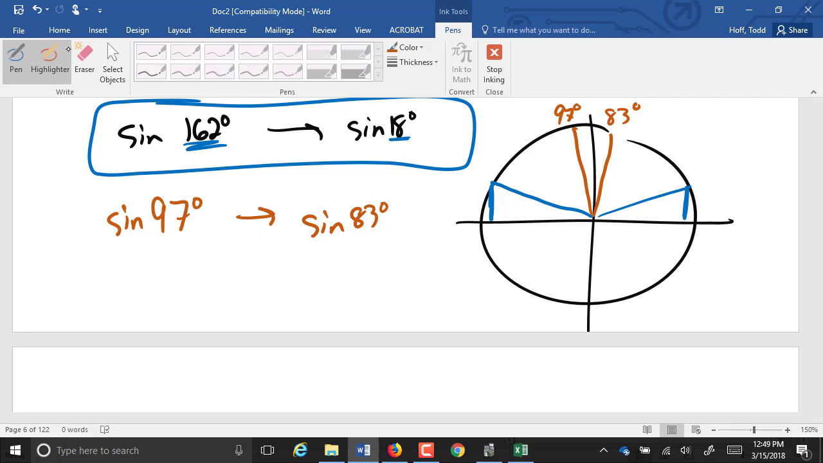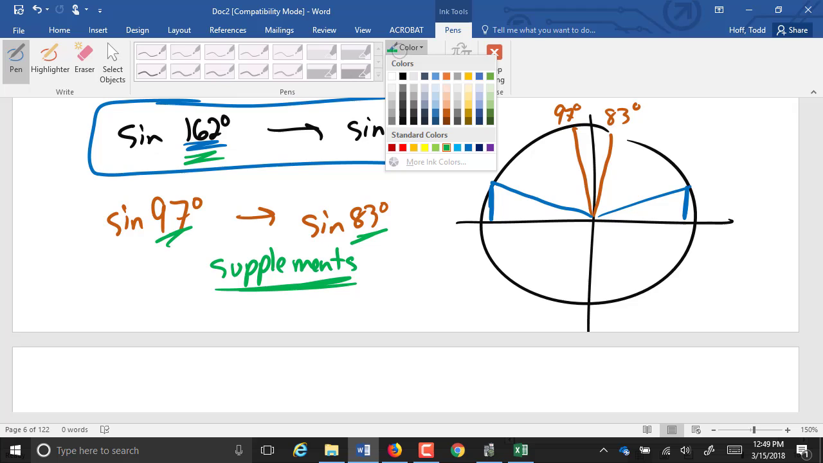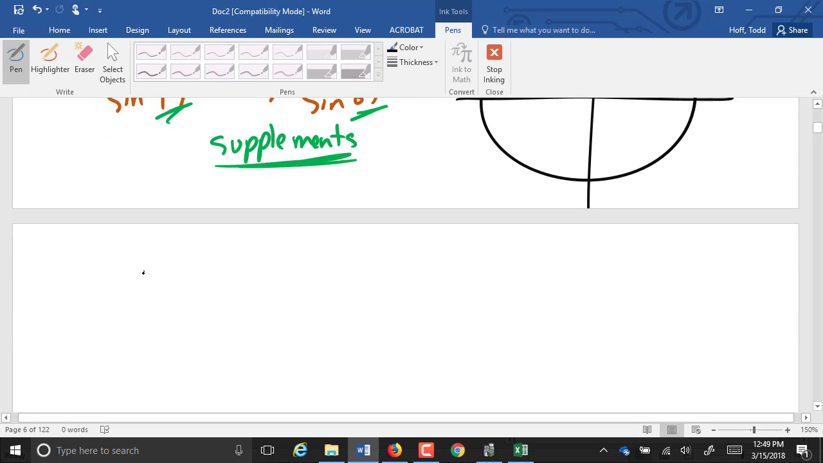What's the relationship we see between these angles here, between the 162 and the 18 and the 97 and 83? They are supplements. Very good. Supplementary angles have the same sine. So as we get going here and we start to solve triangles, if we have a picture of the triangle, it's no big deal. But if we're told that we have a triangle and the sine of an angle,